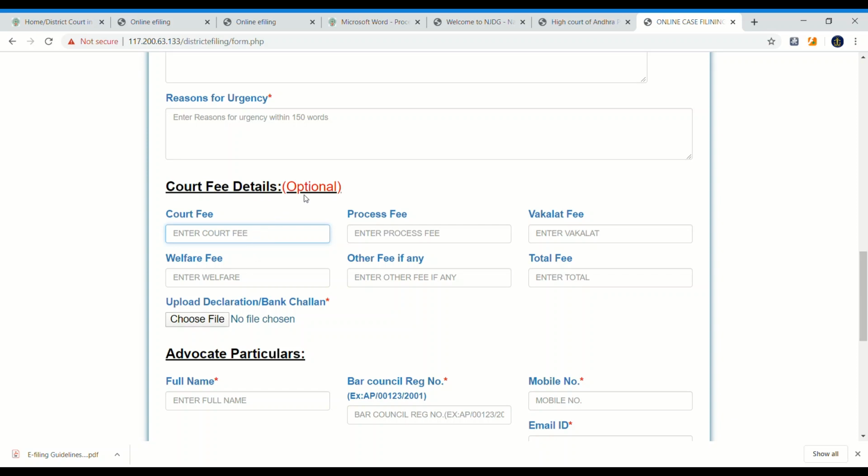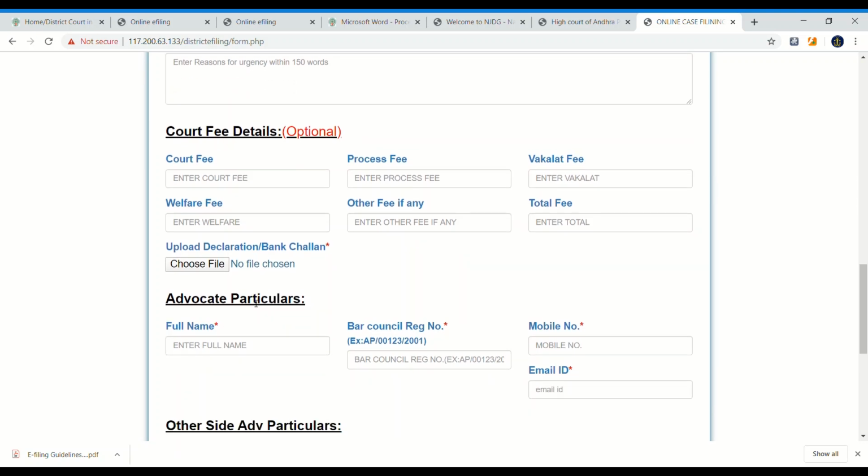If you have not paid the court fee, then a declaration form is given by the Honorable High Court, which is available in the High Court Subordinate Courts Guidelines Rule. Fill in the particular declaration form, scan it, and upload it here. This is the mandatory field: either the declaration form or the bank chalana.